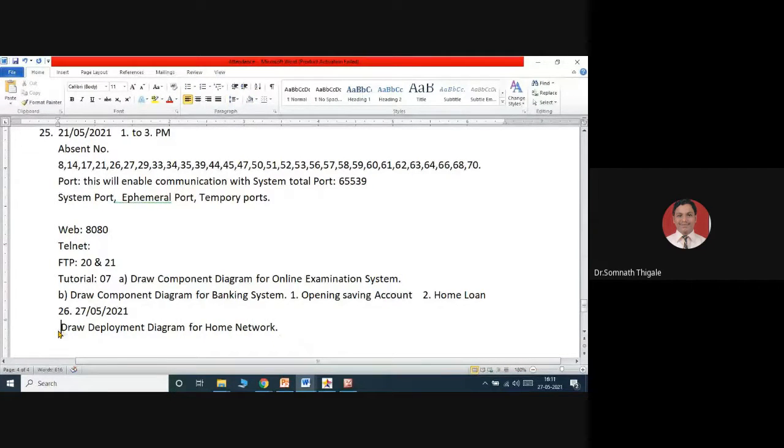Draw a deployment diagram for the home network, considering your own network, so that you are able to find out the different hardwares, find out different softwares, and show the relationship. Take the scenario for wired network and wireless network.